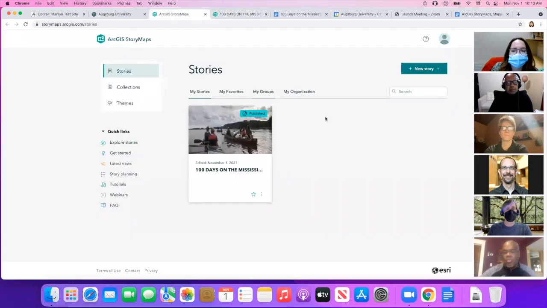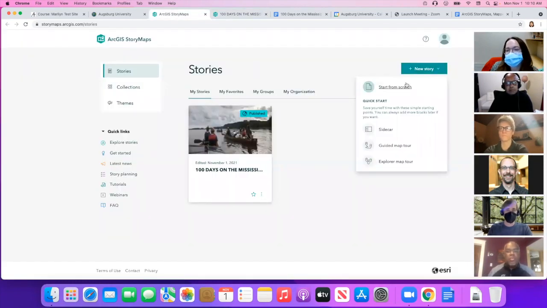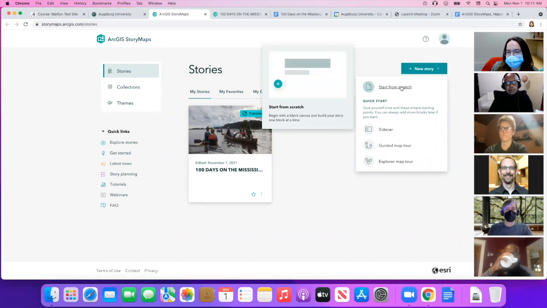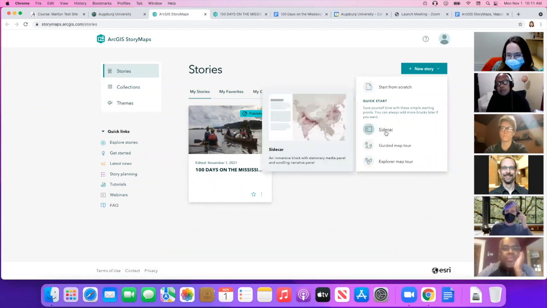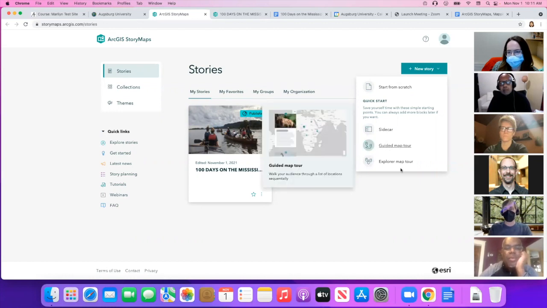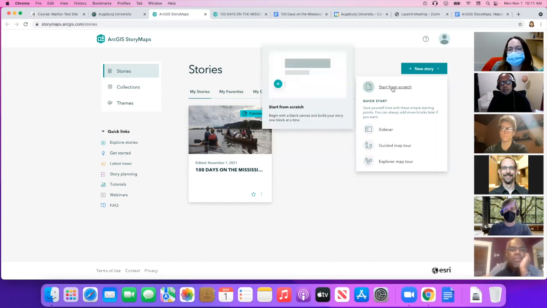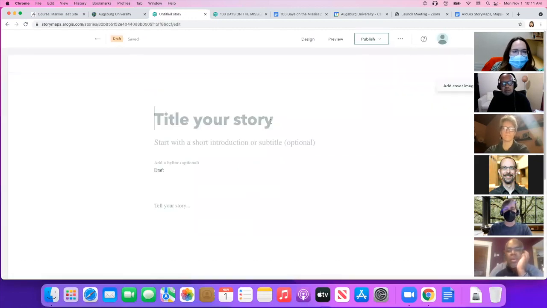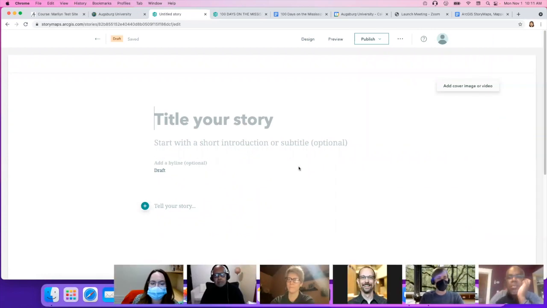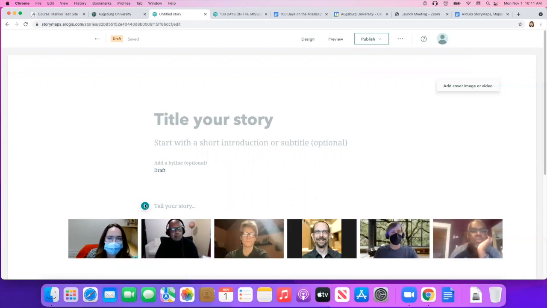So we'll get started by creating a new map. So I'm going to click new, start from scratch. There's also quick start guides. So you could start with a guided tour map or something like that, but we're just going to start from scratch. So this is going to load our story builder and our blank workspace. So the workspace is pretty user friendly. I would just click this button to add content,